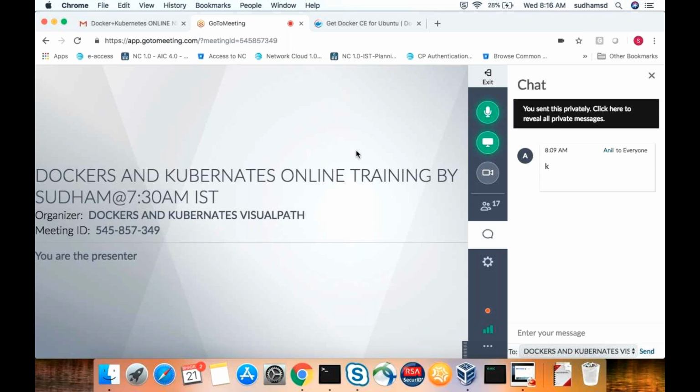So we can perform Docker operations in both GUI and CLI mode, is it? CLI only. We don't have any GUI for Docker. No graphical user interface for containers. A container is nothing but, previously we used to have virtual machines.